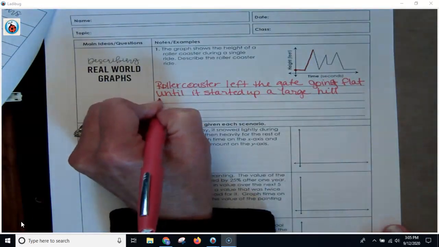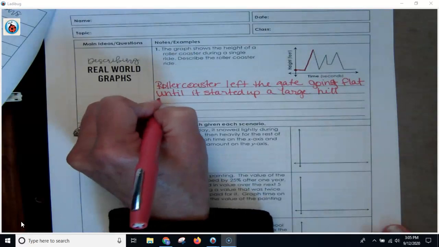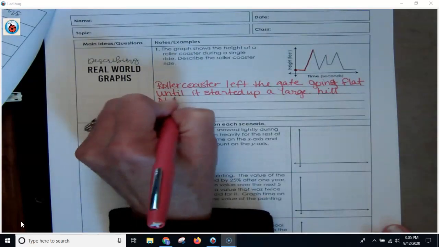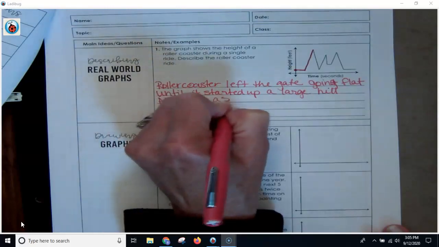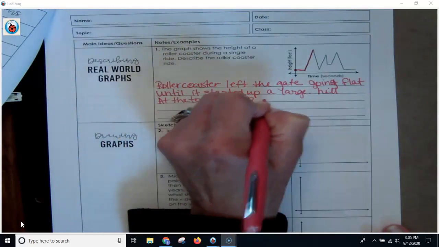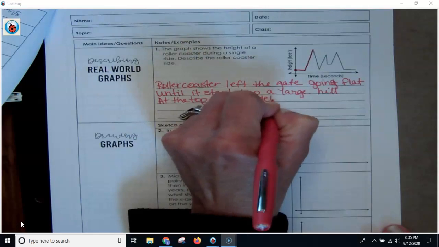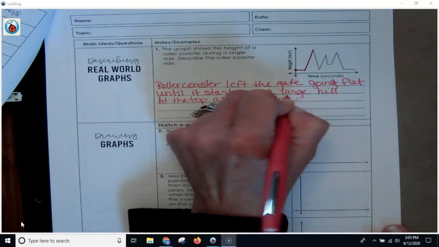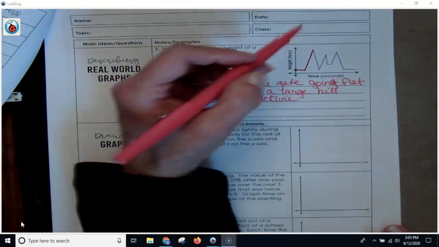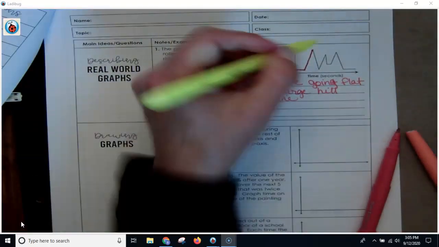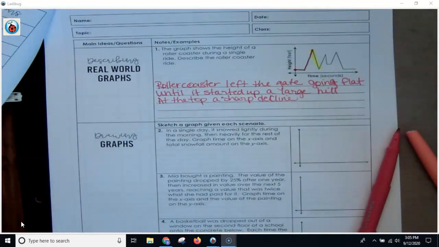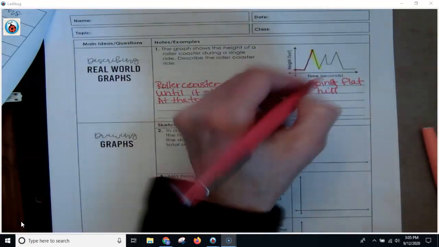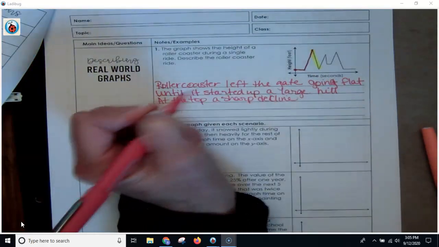it, at the top, a sharp decline, right? This is the fun part where you're going down. We're decreasing at this point right here. Super fun. Then it goes up